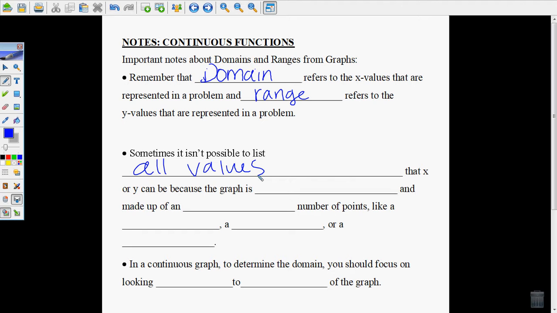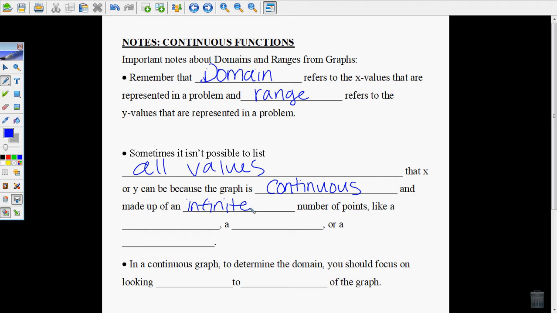It's also the title of your notes. The graph is continuous, and made up of an infinite